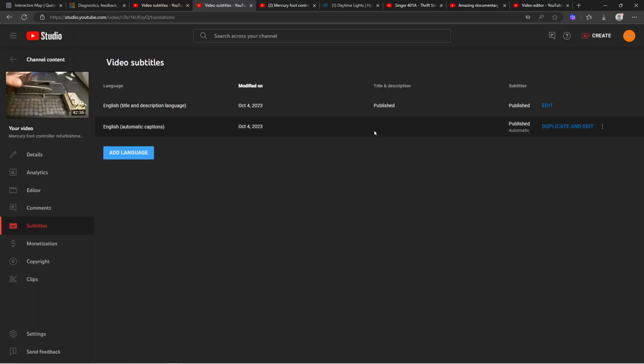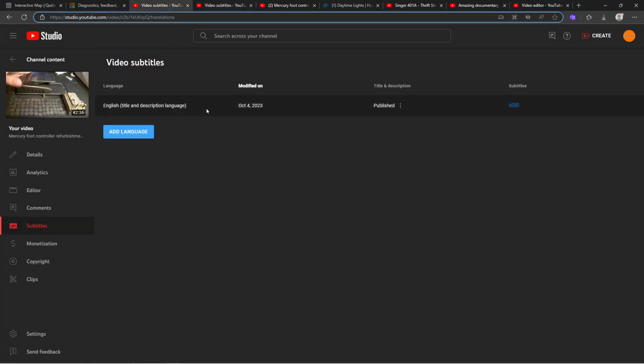If maybe 1 hour later or 2 hours later you don't see these two things, duplicate and the add, or you still see something like this, come back maybe 1 day later. But most of the time, if you always have this button add like this, it means the software did not work to translate your video. It just did not work.